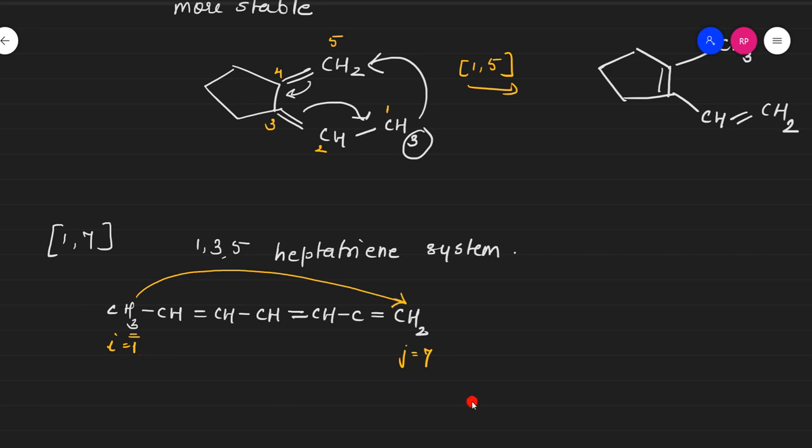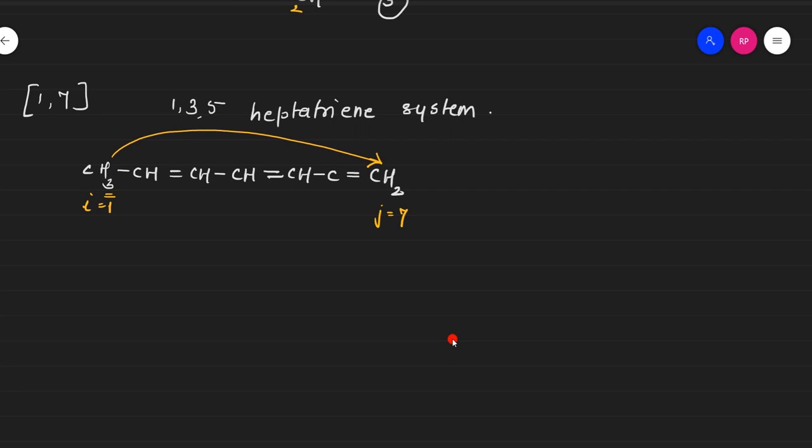If you want, before writing the transition state, you can also write the product first. Wherever there was a single bond, I'll write a double bond, and wherever there was a double bond, let's write a single bond. So this is 1, 2, 3, 4, 5, 6 and 7. H has shifted over here, so I am writing CH3 here. This is what it will look like. And what will the transition state look like now? You can start writing from here.